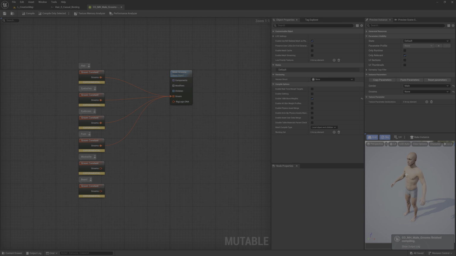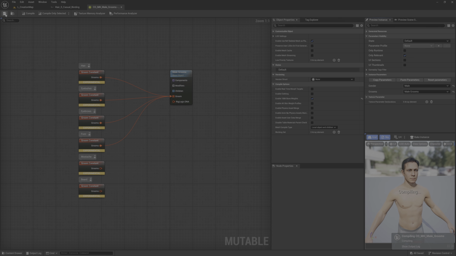and save, and now if I select male grooms, we have the grooms. Yeah, compile and save. Actually, I will just clean this. I will tell you in a second why.